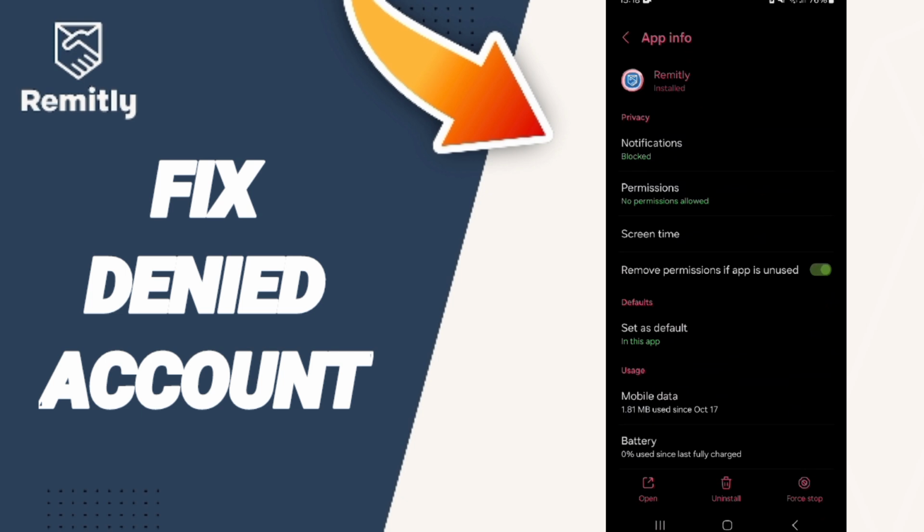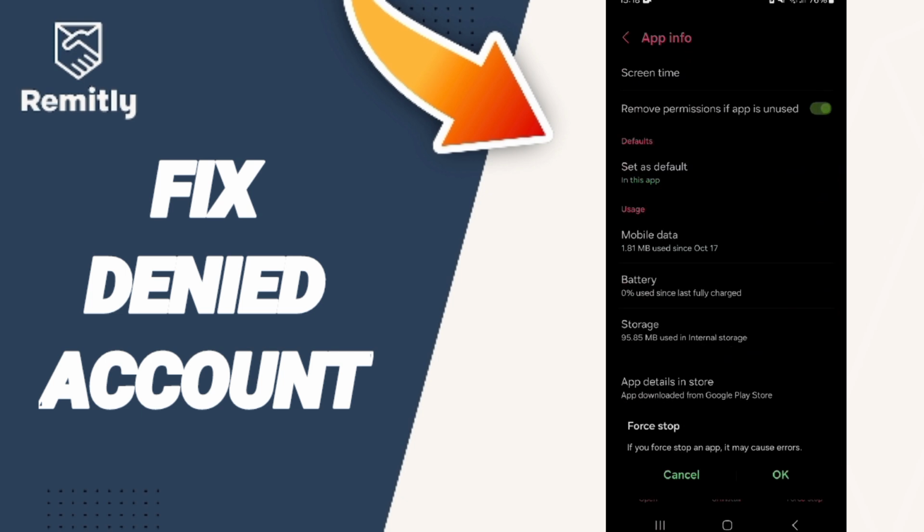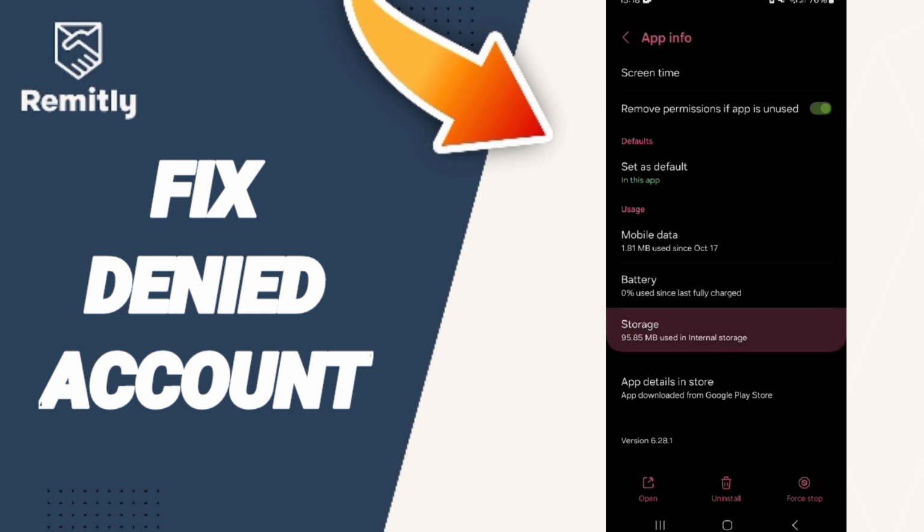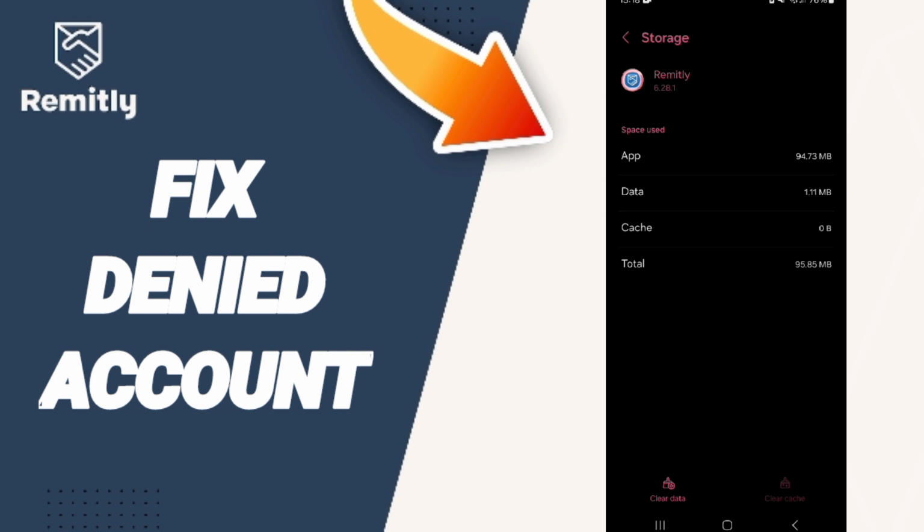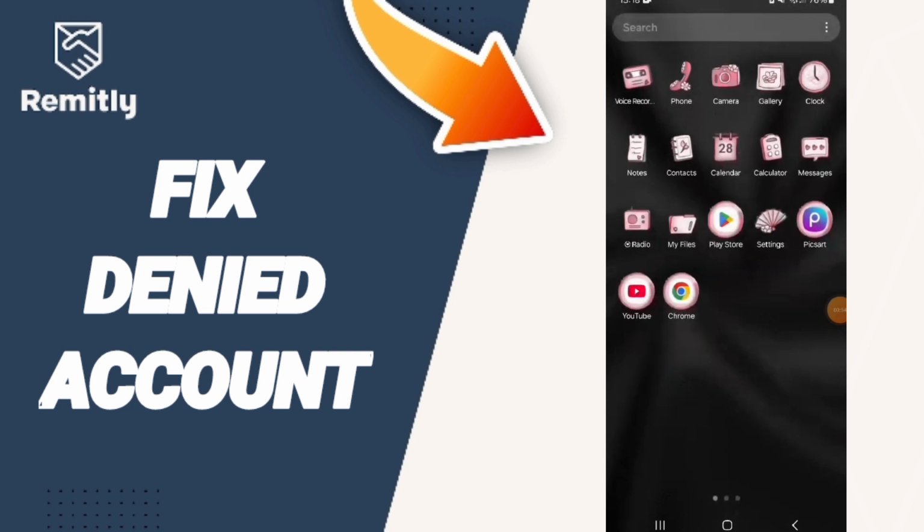Then in this page of app info you will click on first stop and you will click OK. Here you will enter to the window of storage. Then we click on clear cache, but pay attention, don't click clear data because that can delete your account. In the end you can turn off your phone and you can restart your phone again, so please don't forget